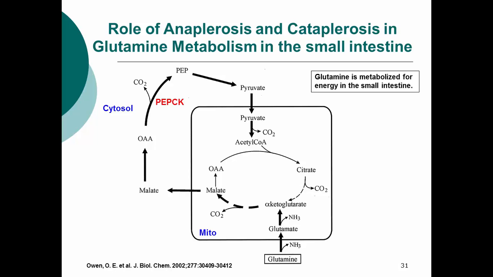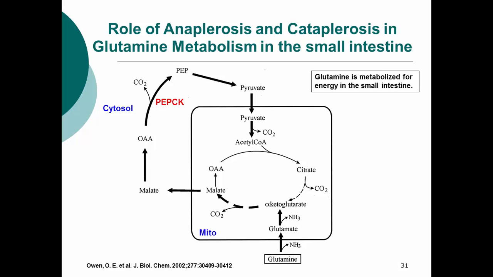And this process is also involved in the glutamine metabolism in the small intestine. Remember, the small intestine utilizes a lot of amino acids for energy. So glutamine is one of the amino acids that can be utilized in the small intestine for energy. So you can see how glutamine is being metabolized for